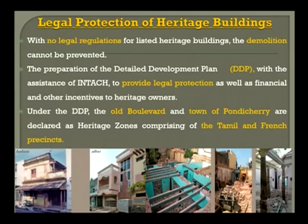With no legal regulations for listed heritage buildings, the demolition obviously cannot be prevented. It is someone's property, they can destroy it, they can decide to rebuild it. We need legal regulations, only then can the heritage value and the building be saved. The preparation of the detailed development plan or the DDP with the assistance of INTACH to provide legal protection as well as financial and other incentives to heritage owners. Under the DDP, the old boulevard and the town of Pondicherry are declared as heritage zones comprising of the Tamil